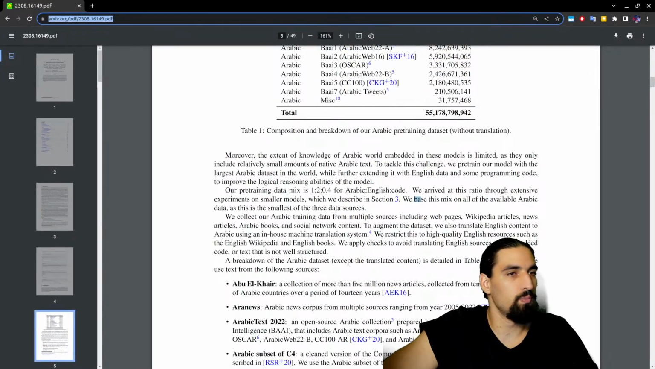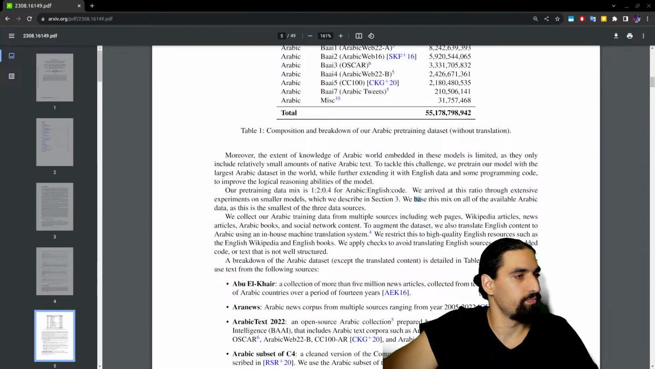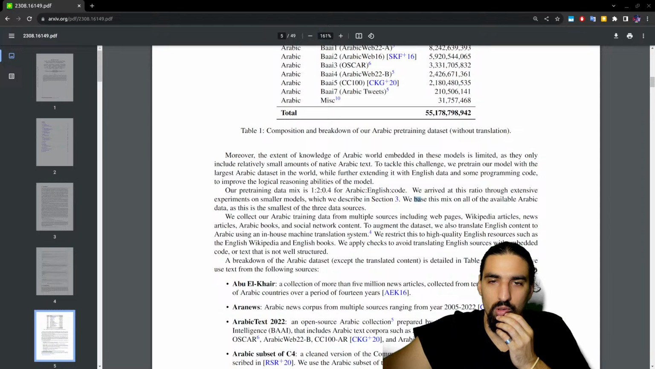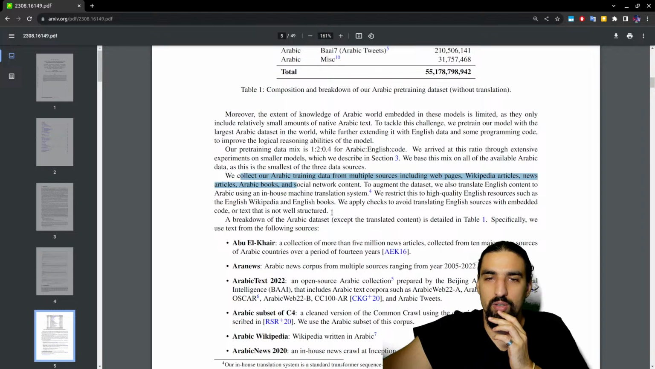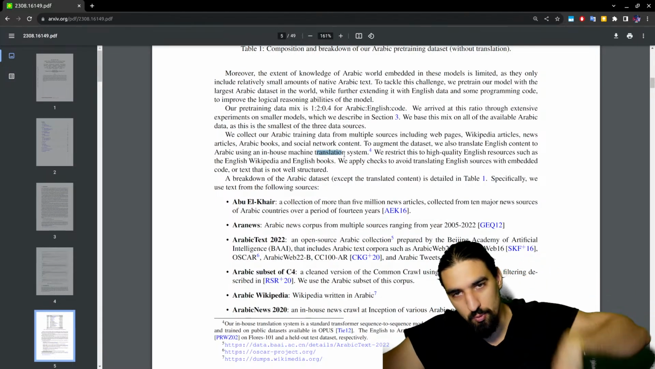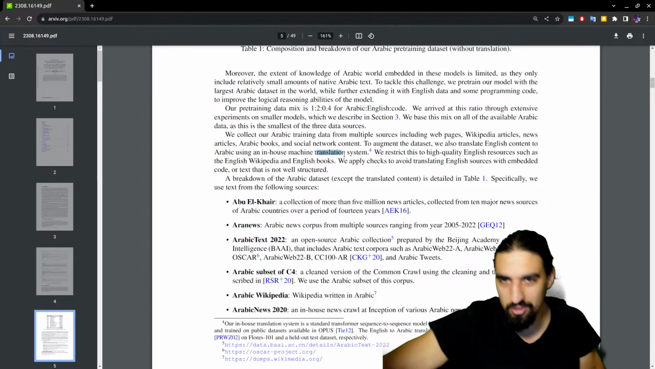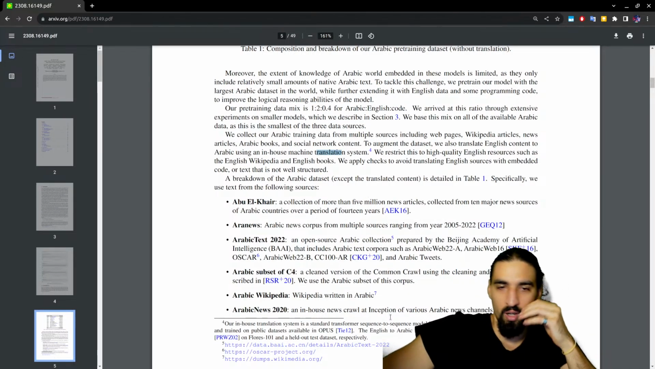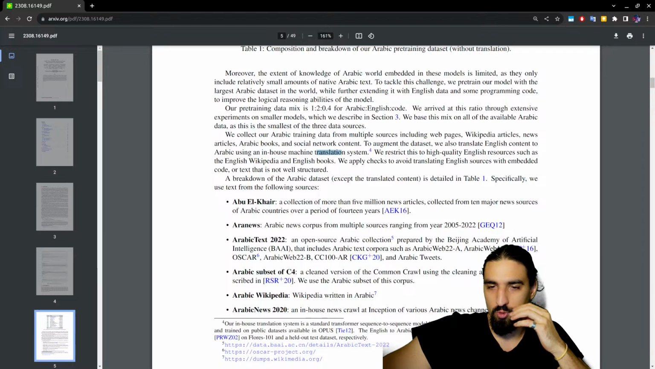Let's continue. We collect the Arabic training data from multiple sources, including web pages, wiki articles, news, books, and so on. We also translate English content to Arabic using an in-house machine translation system. Interesting. That's why I really want to push for a very high quality translation system. Our in-house translation system is a standard transformer sequence to sequence implemented in the Fairseq library and trained on